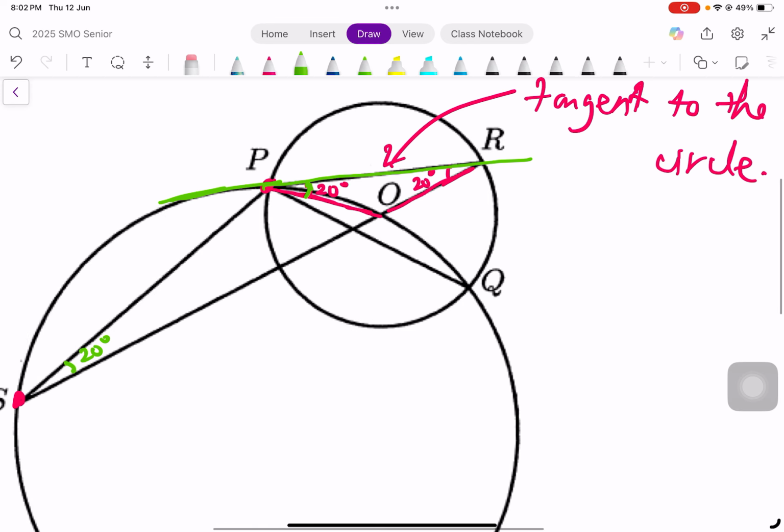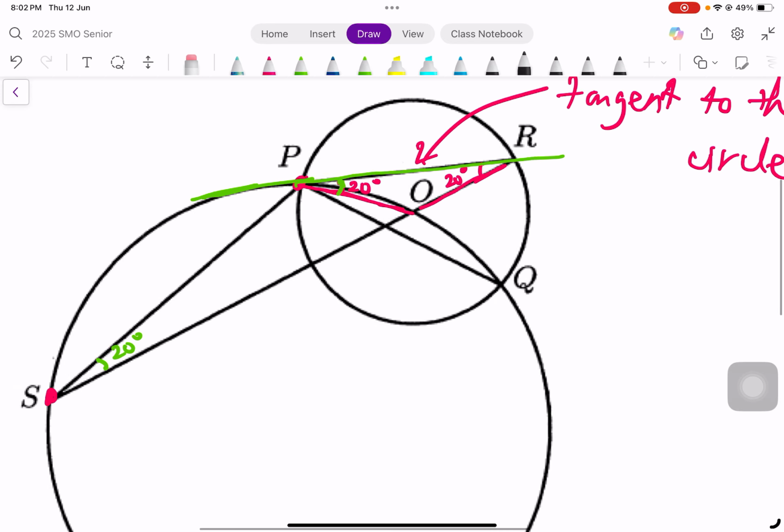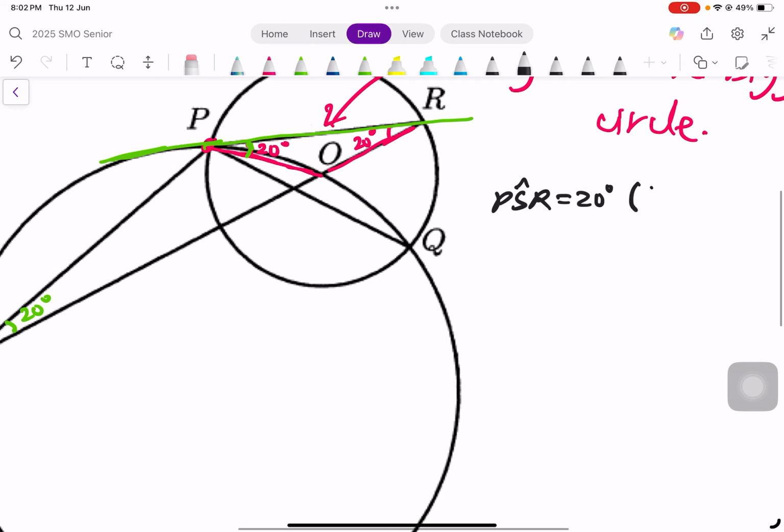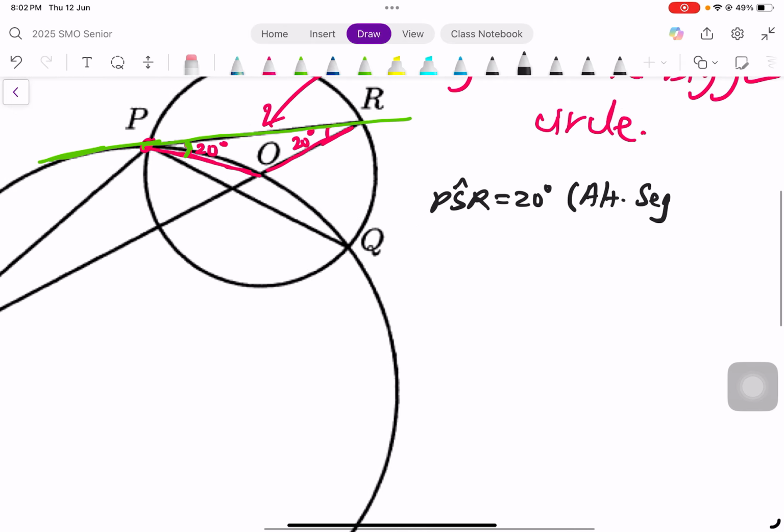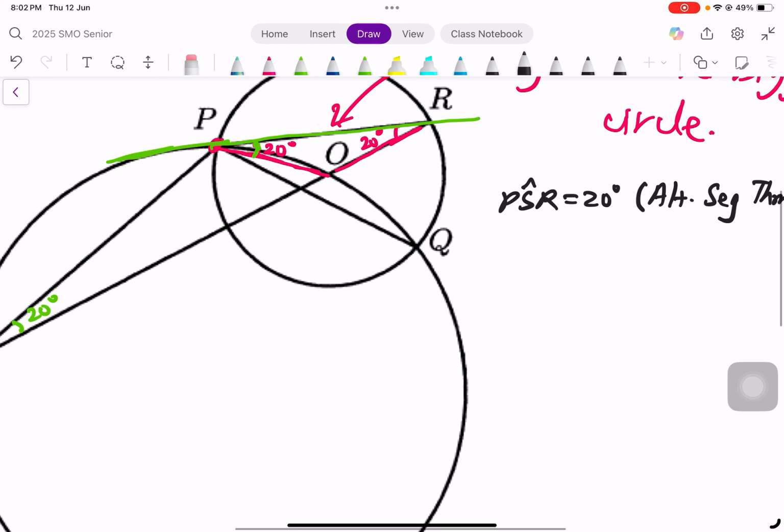Therefore, I want to state the reason. That means PSR is equal to 20 degrees, which is what we call the alternate segment theorem. Alternate segment theorem. Okay, right? And